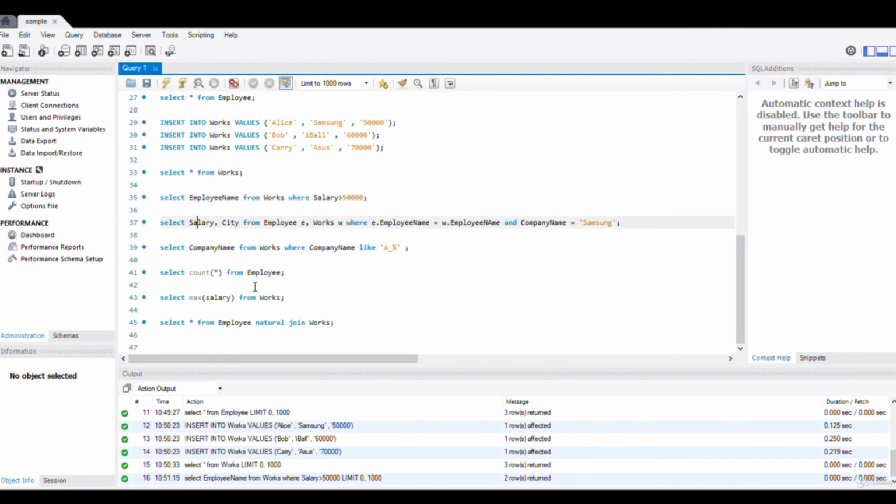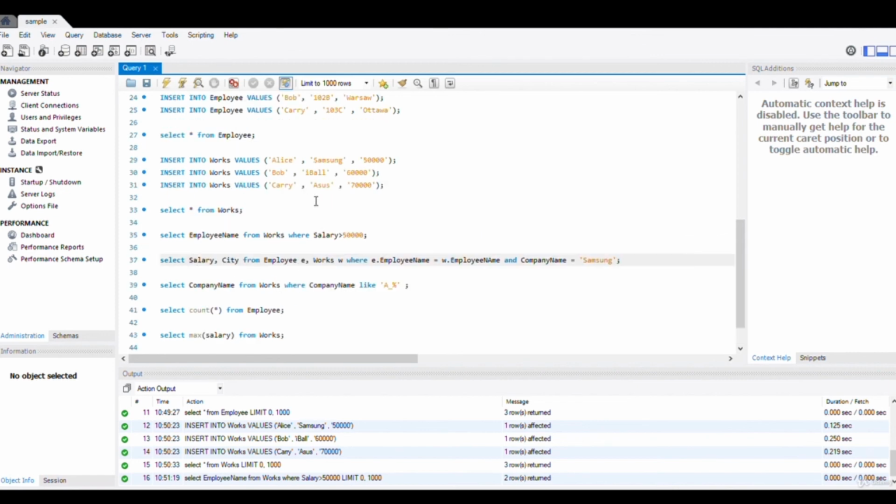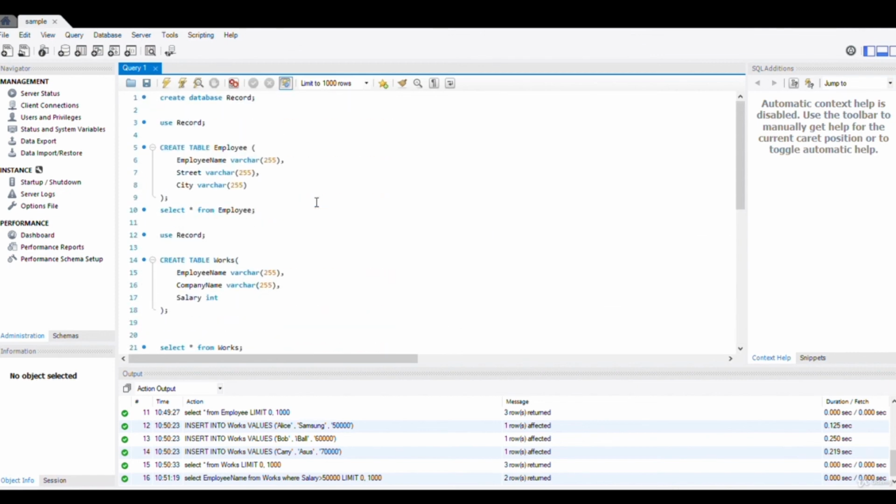Next, if we want to select salary and city of those employees who belong to company Amazon. If you see, the salary column is in works table and the city column is in employee table. So first we'll have to establish a relationship between these two tables.